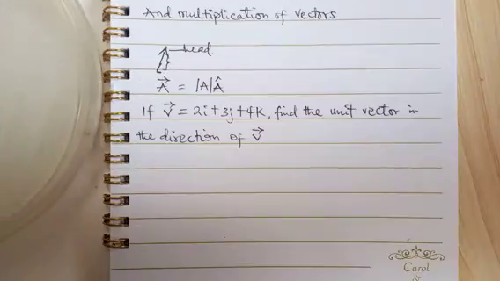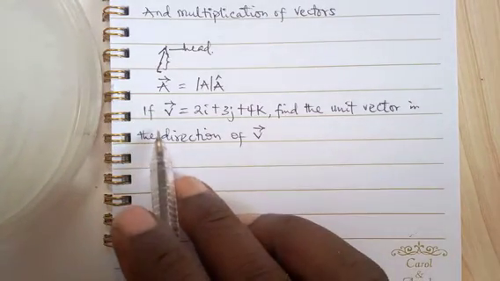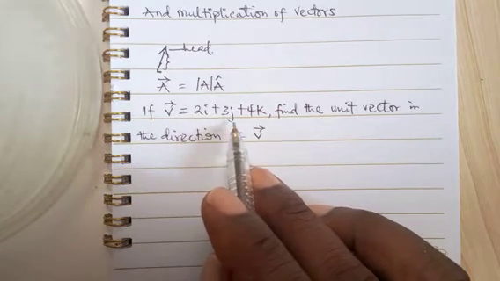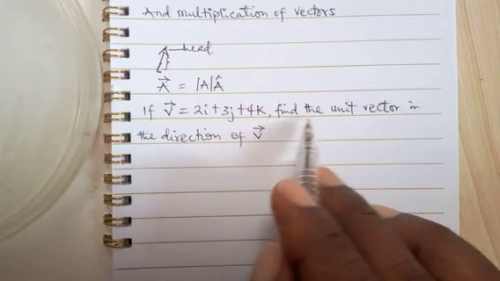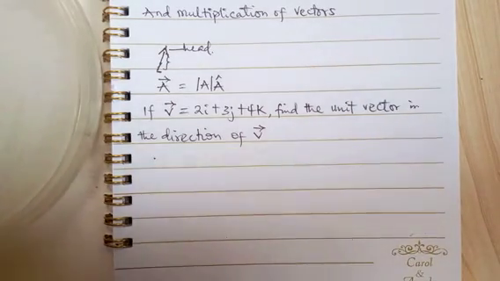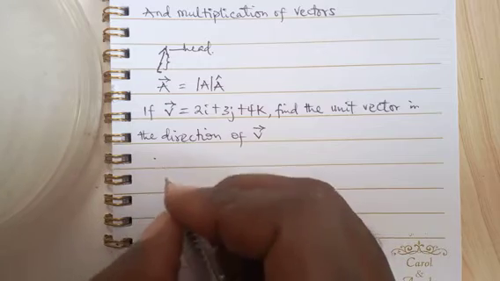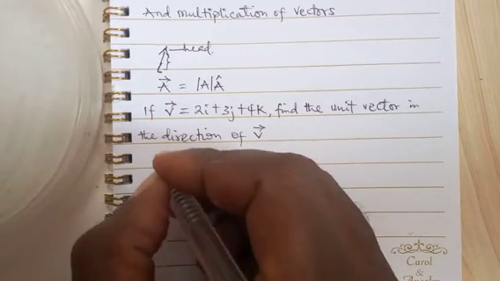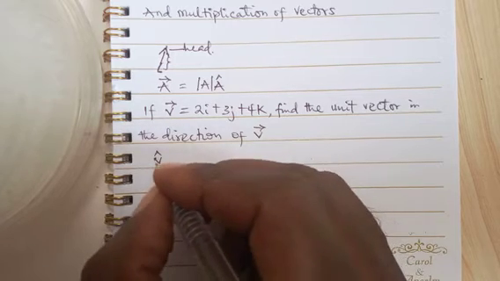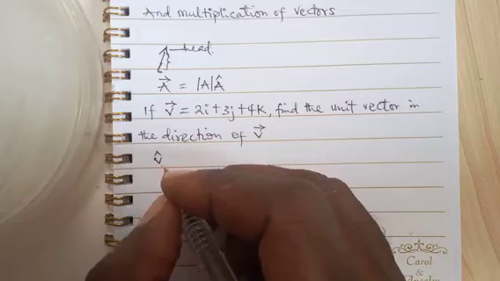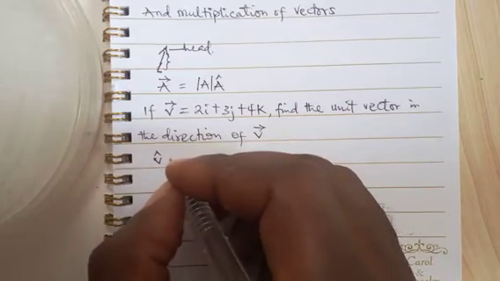For example, now let's look at this example. If vector V is given by 2i plus 3j plus 4k, find the unit vector in the direction of vector V. For us to solve this question, the unit vector, that's V hat, we use hat to denote unit vector or direction of vector. So V hat